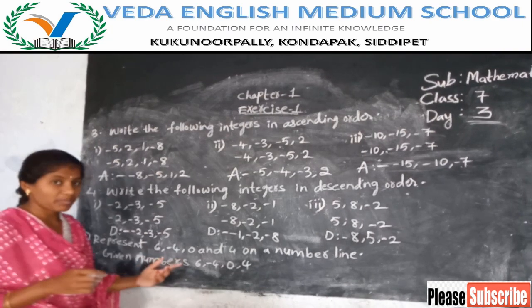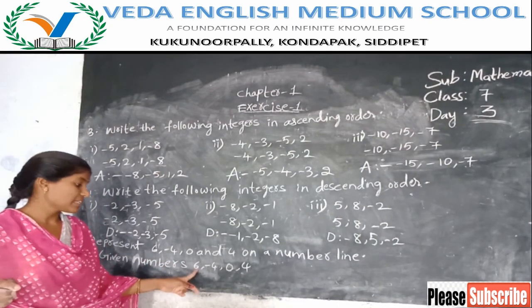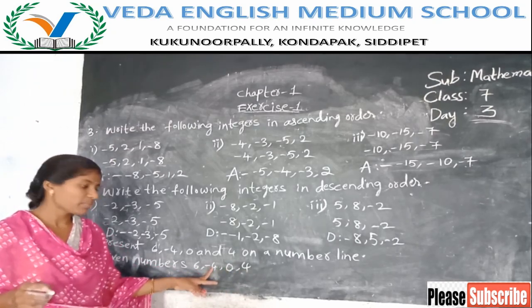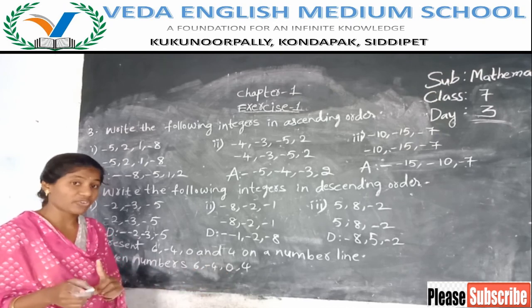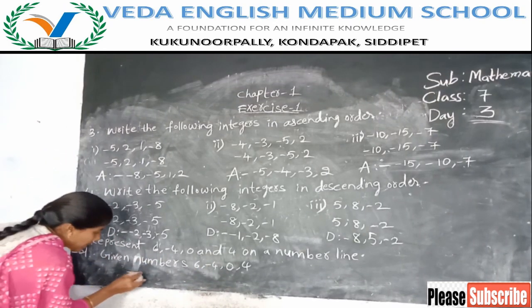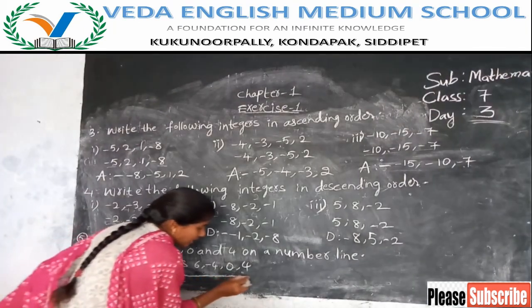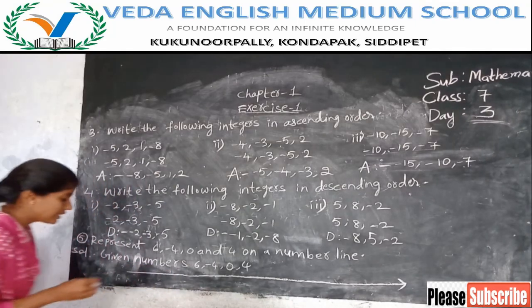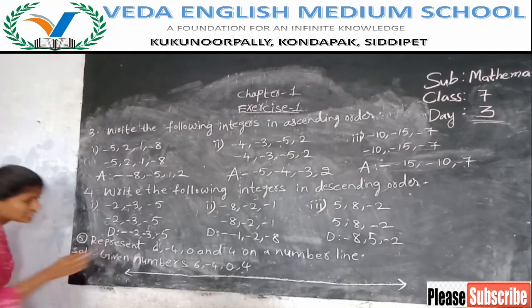Here we have some positive numbers. What are the positive numbers here? 6 and 4, both are positive numbers. Only -4 is the negative number, and here we have 0 also. That means we have to draw the integers number line. Do you know how to draw the integers number line? As you know, the collection of positive numbers, negative numbers and 0 are called integers. Now we will draw the integers number line.